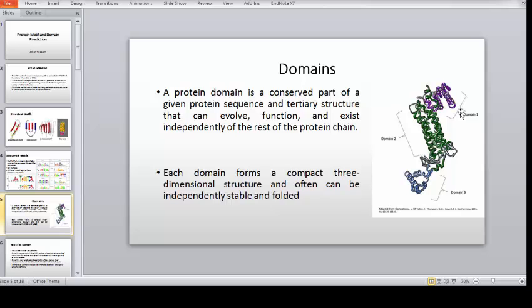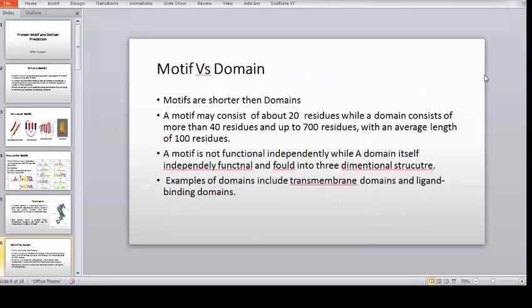So there are three domains, which means a protein has three different functions. If these domains are different from each other, then each domain has its own biological function. What is the difference between motifs and domains? A motif is a short stretch of amino acids or DNA sequence, and it is not able to independently perform any function,